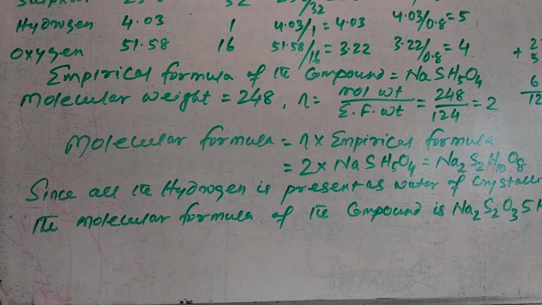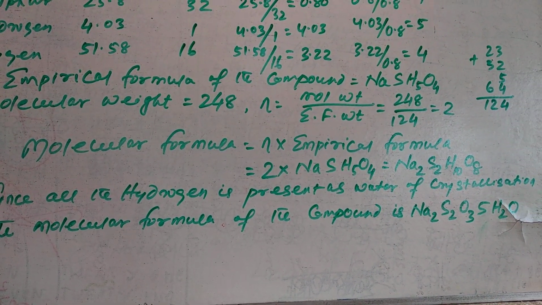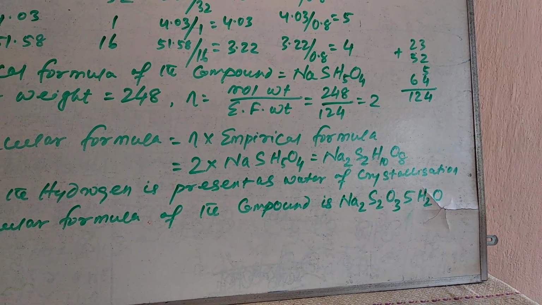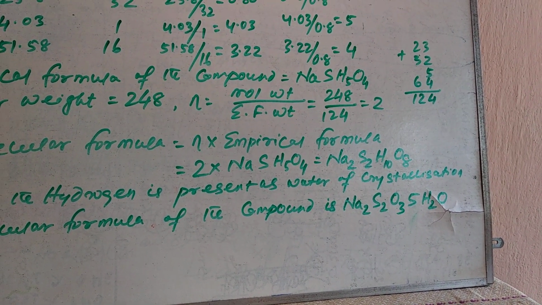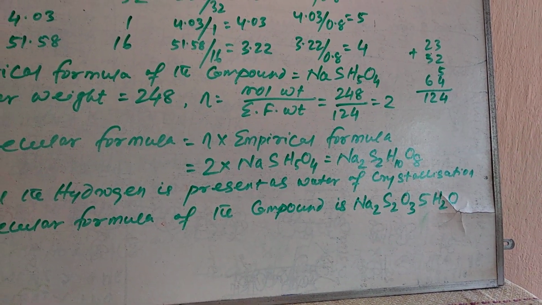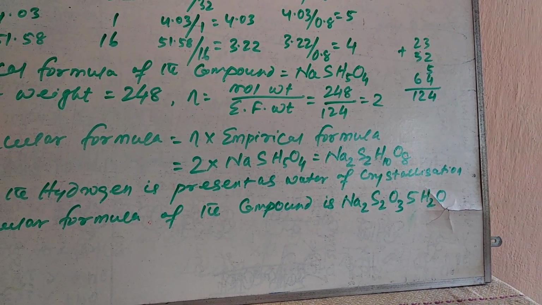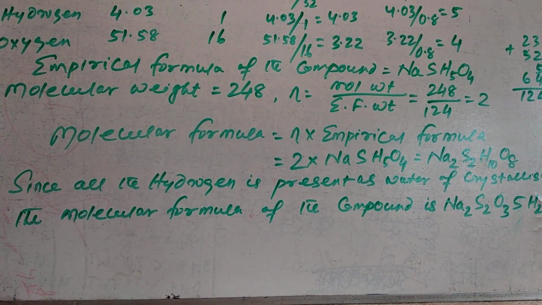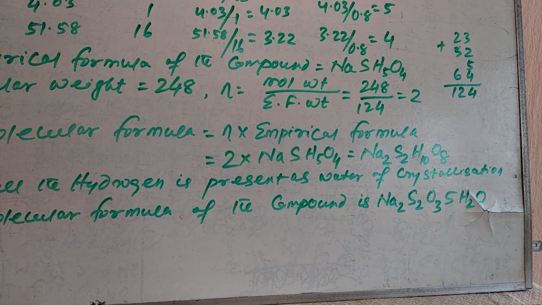In the question it is given that all the hydrogen is present as the water of crystallization. Since in the molecular formula the number of hydrogen atoms is 10, it implies that the compound contains 5 water of crystallization. Therefore, the molecular formula of the compound is